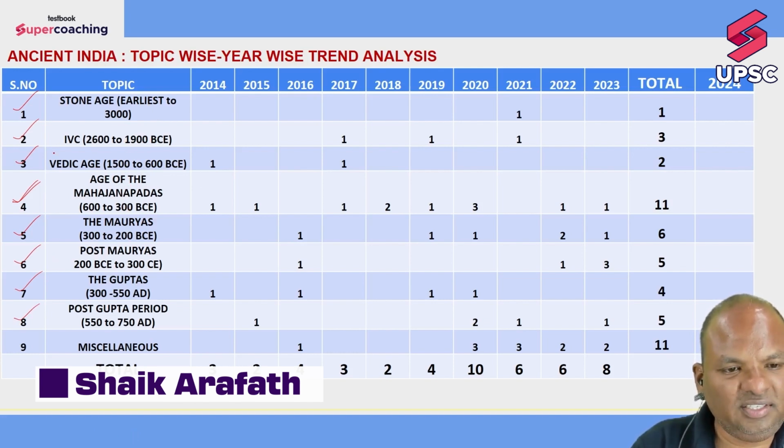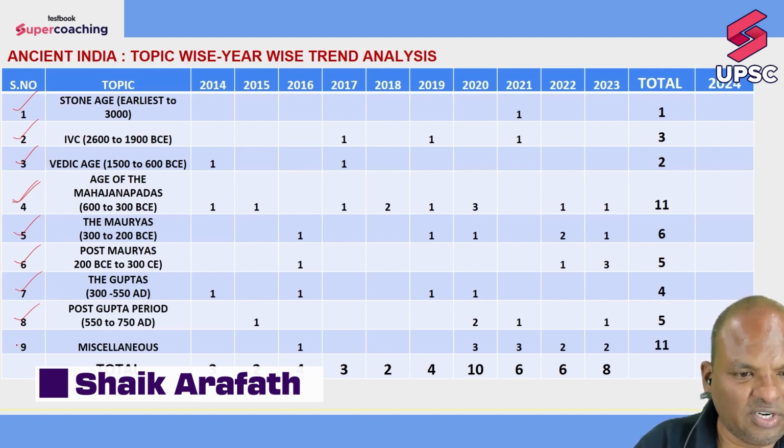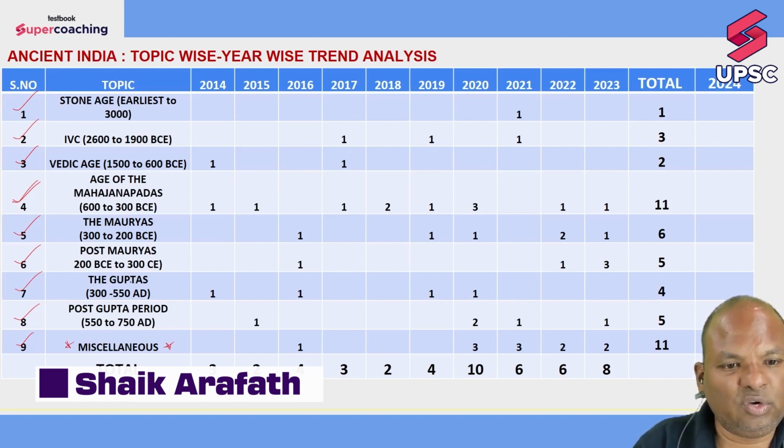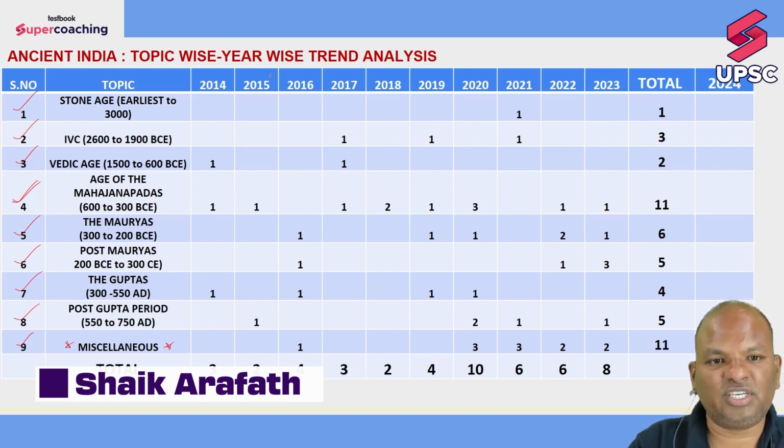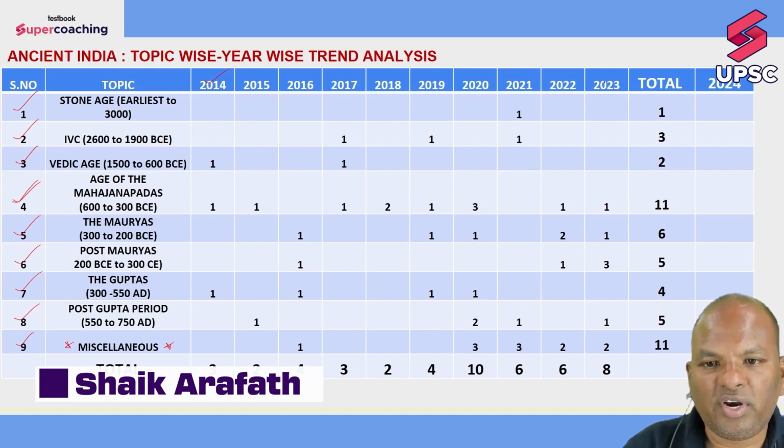So we will be discussing ancient Indian history in about 8 chapters. The last topic which I have included is under the category miscellaneous. Questions framed on different topics of ancient Indian history, that is, from chapter 1 to 8 chapters, taken from different chapters, are clubbed under the category miscellaneous. Let us take a look at the questions that were asked from all of these 8 chapters in the last 10 years, that is from 2014 to 2023.